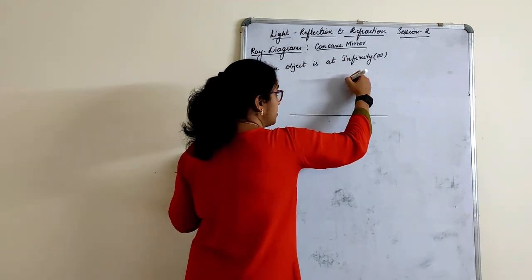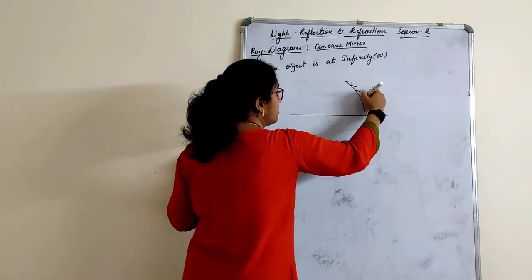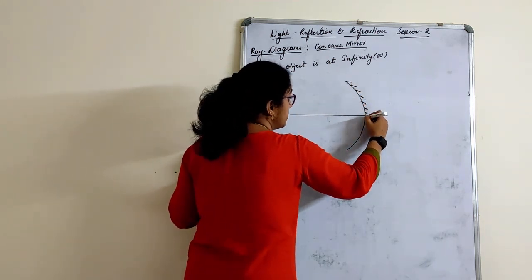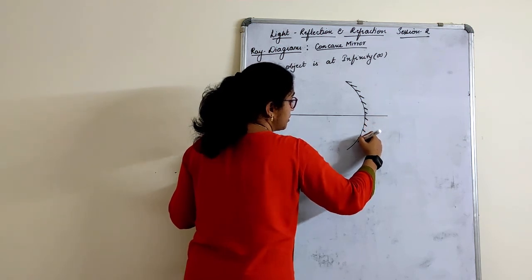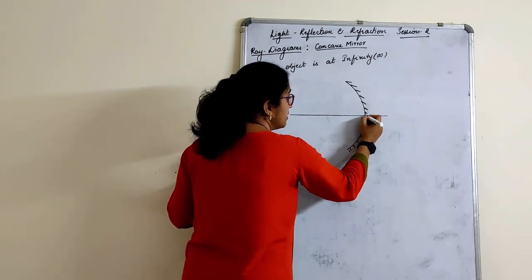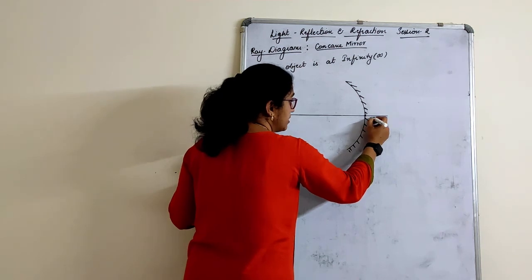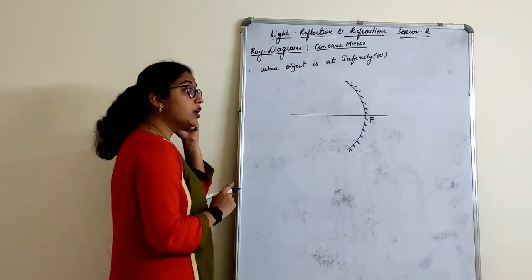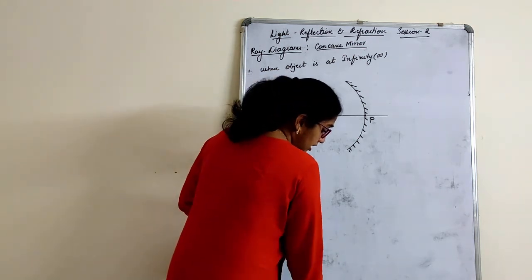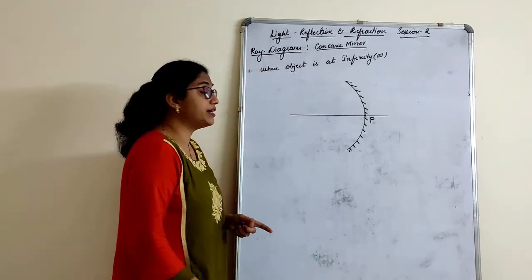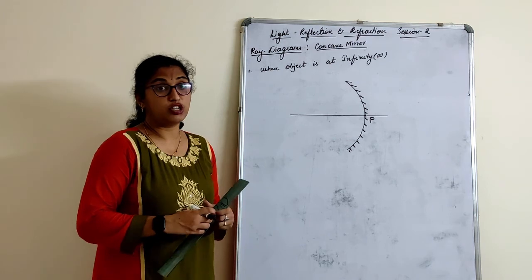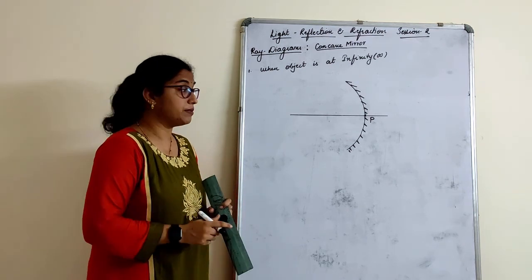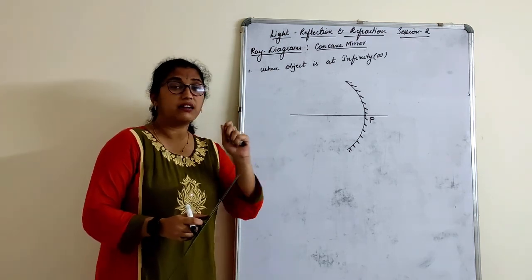As soon as you draw the mirror, please shade the mirror on one side. That is very important. The point you mark here, write it as P. That is always important. Then we need to know where to mark the curvature and where to mark the focus. That is more important. It's the standard measurement, children.